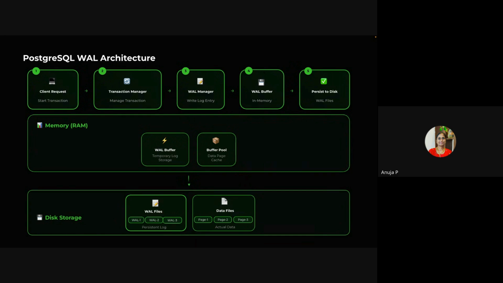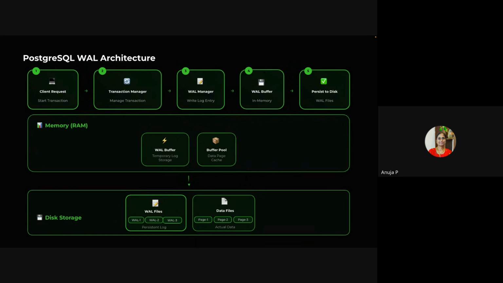When we consider the in-memory components, as we already discussed, the WAL buffer is an in-memory component. In addition, you will have the buffer pool component. Once the data is written into the WAL file, the modifications will be written into the buffer pool first. So it is a cache memory.